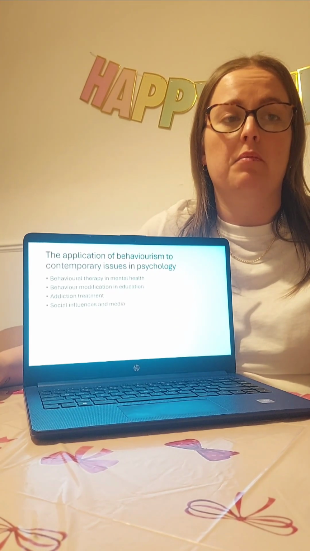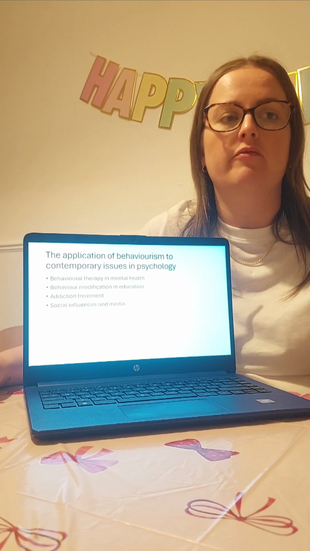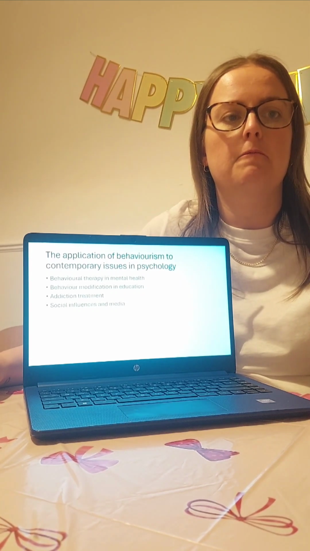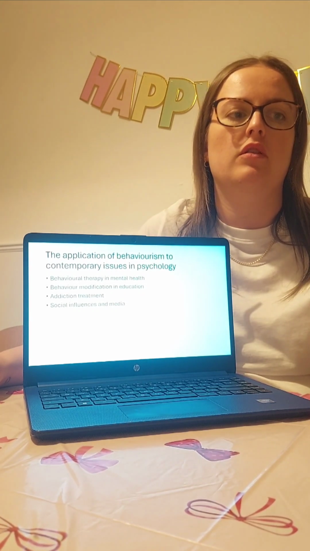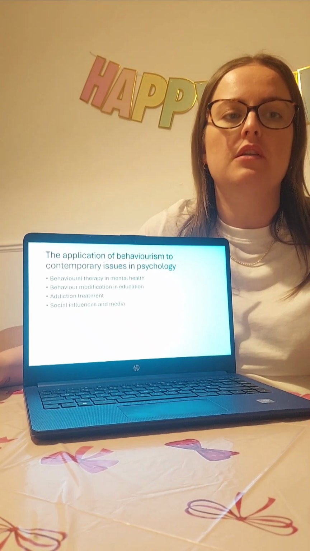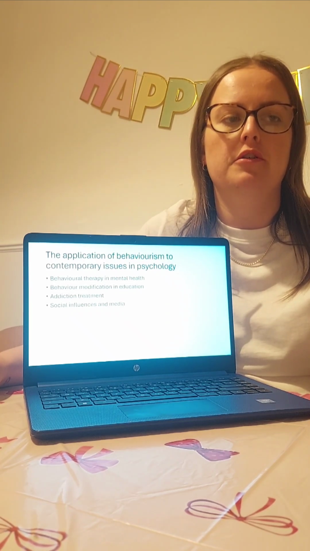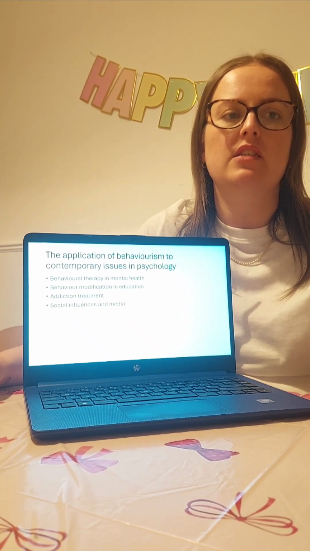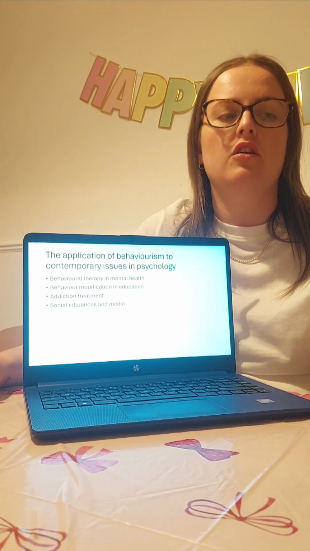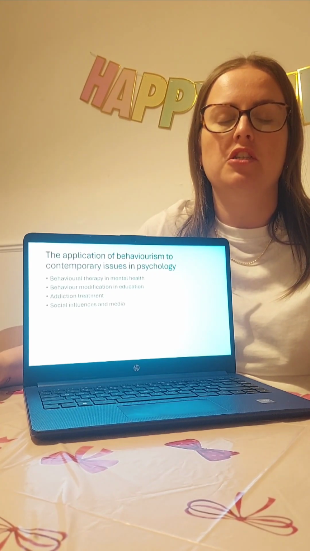So, behavioural therapy in mental health. Cognitive behavioural therapy, CBT, which integrates behaviourism with cognitive psychology, is a widely used therapeutic approach. CBT focuses on identifying and changing negative thought patterns and behaviours that contribute to mental health problems, such as depression, anxiety,